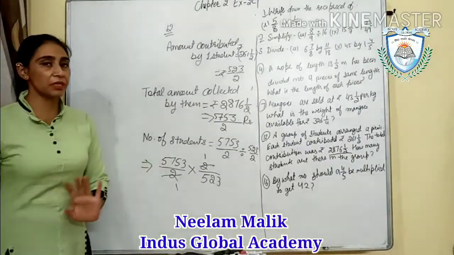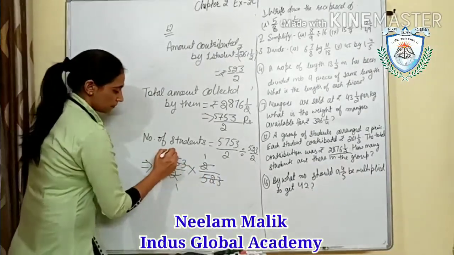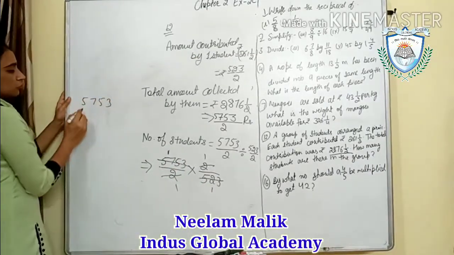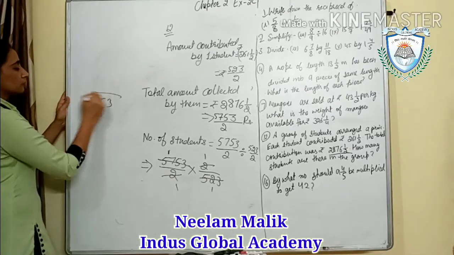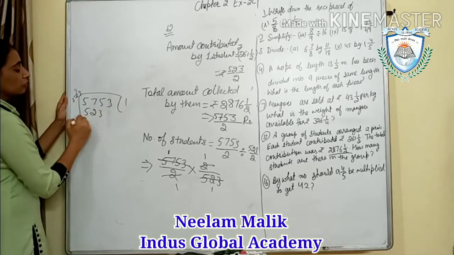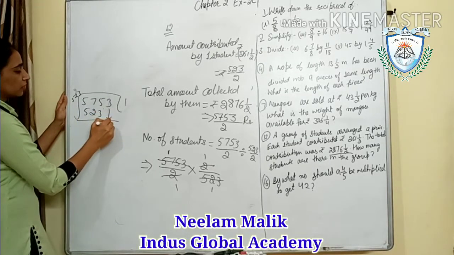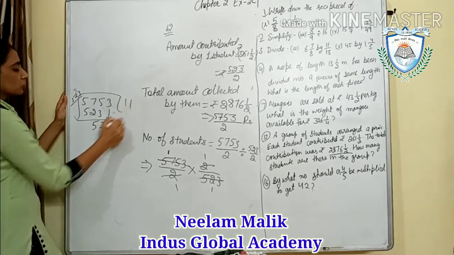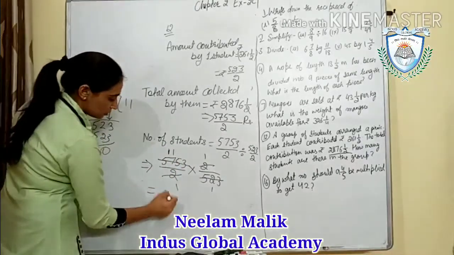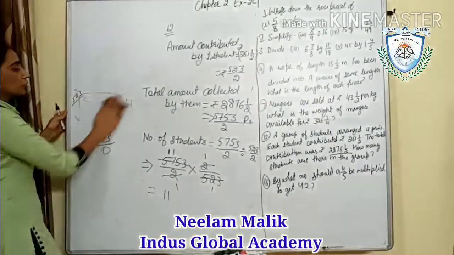First 3 digit of this number is 575. So first it will cut at the vanja. Suppose you have written here 5 2 3. So it will go at the vanja. What we will get here? You will get here 2 and here will be 5 and you will take this as it is. So it will also go on vanja. So what we will get here? We will get here 11. So our answer is 11. Means there is 11 students in that group who has contributed that amount.